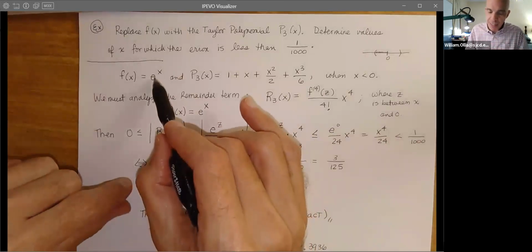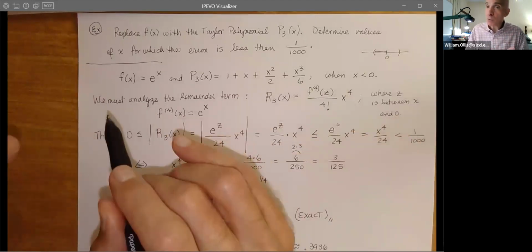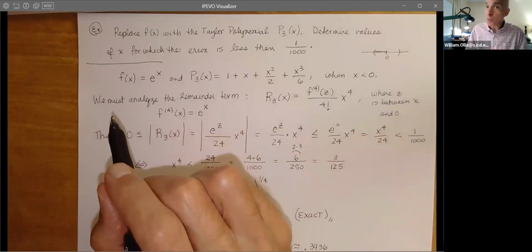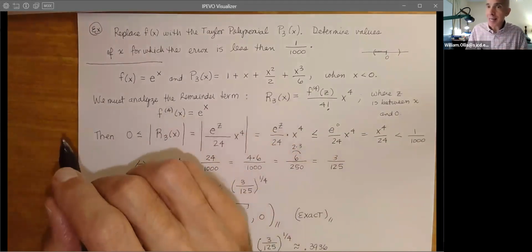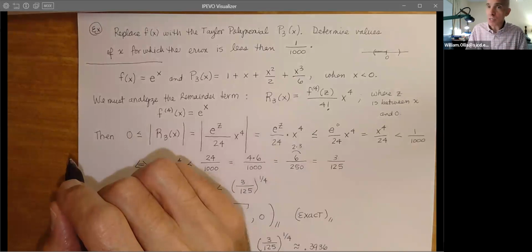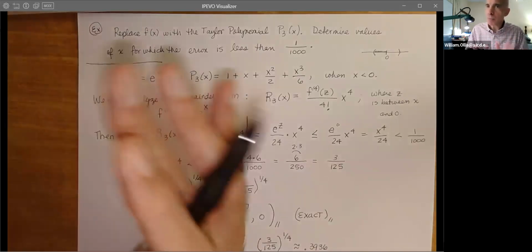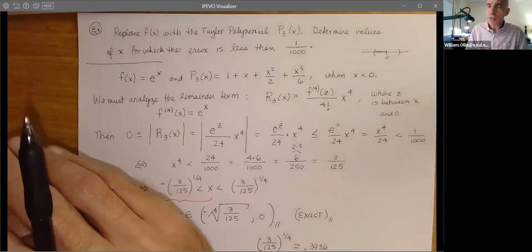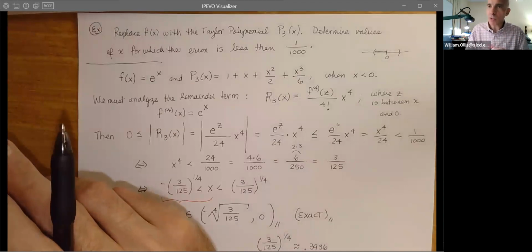Basically what this says is that if you're doing a physics calculation or an engineering problem, you can replace e to the x with this polynomial. Polynomials are simple to work with. They're easy to add, subtract, and differentiate. It's kind of like replacing sine x with x when x is close to 0. Physicists love Taylor and Maclaurin polynomials because you often do nice approximations in physics and engineering when you're doing models.